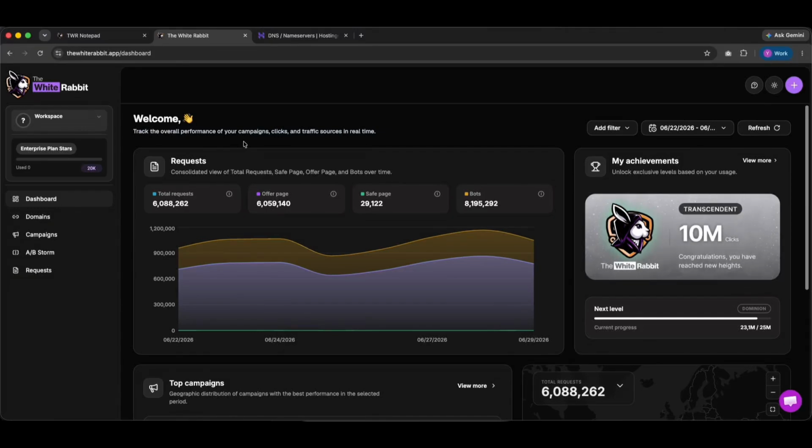In today's video, I'm going to show you how to configure White Rabbit, and with that, you'll be able to protect your website against unwanted access, such as bots, spying tools, competitors, and so on, by showing them a completely secure page that you have previously set up. This way, only qualified visitors will be able to access your site, like clients who are actually interested in buying